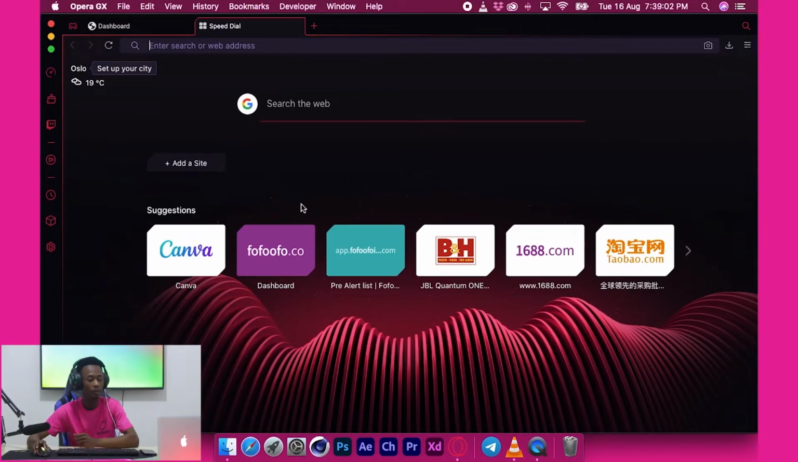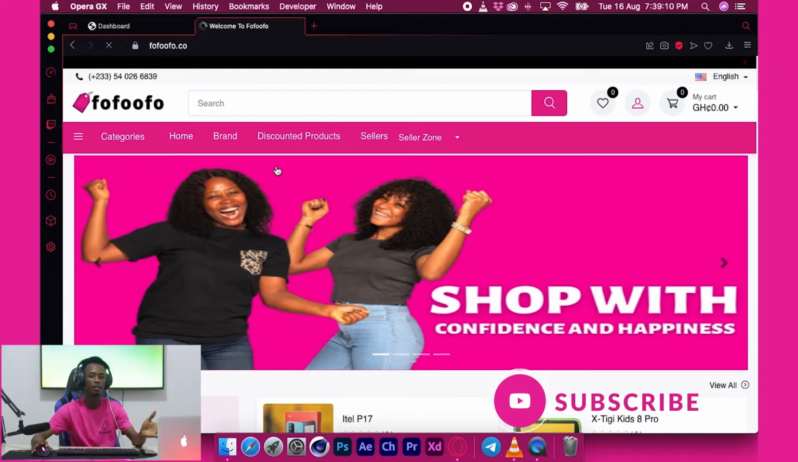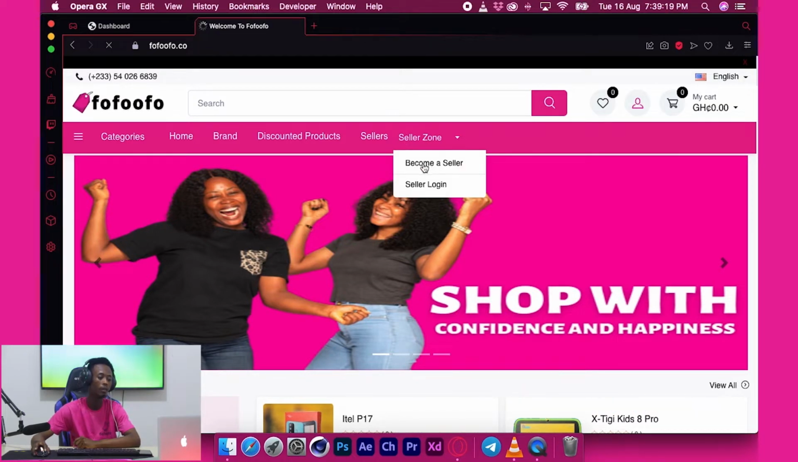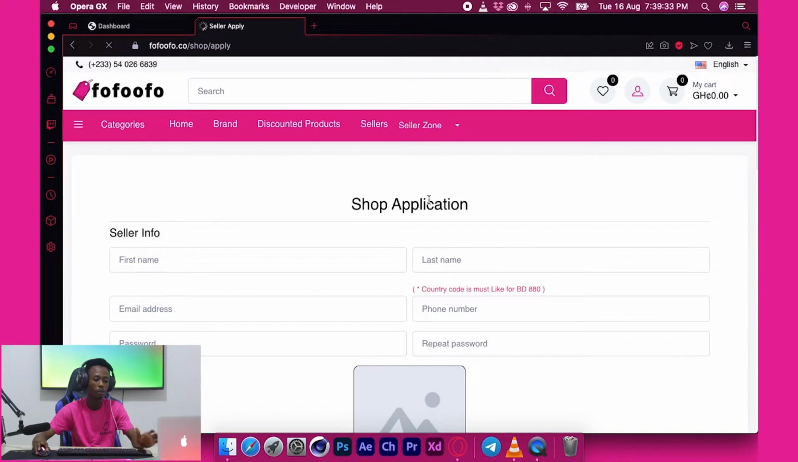we use a web browser, then visit fofoofo.com. The website has a section called Seller Zone, and in the Seller Zone these two options are: become a seller and seller login. You could become a seller. Enter and send your shop application. This is a form you have to fill in order to become a seller. And the first one